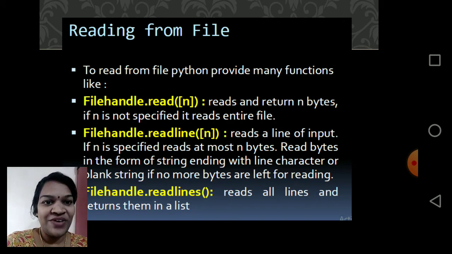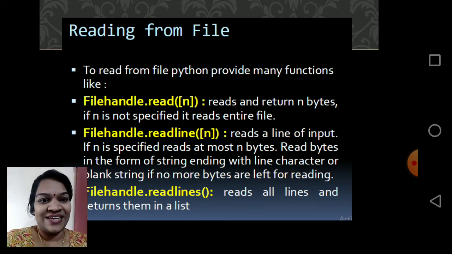To read from a file, you can use three functions. The first function is dot read, the second is read line, and the third one is dot read lines. All these three have different functions, but basically they read the data from the file. Do you remember we create a file handle?